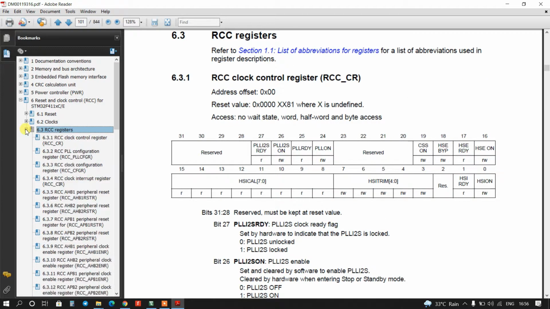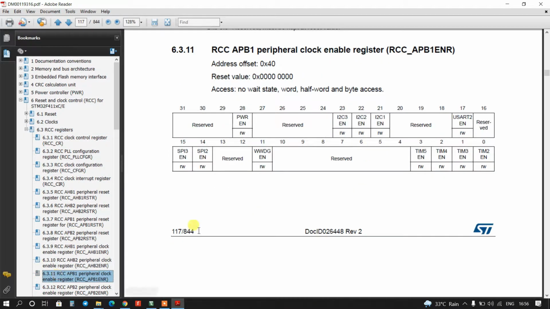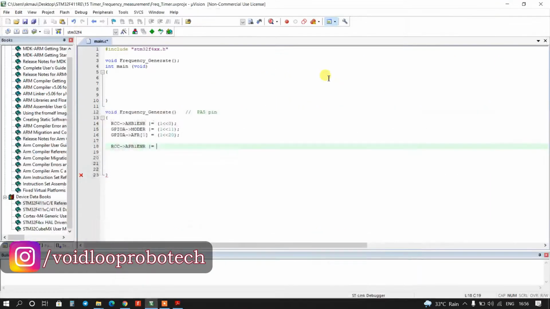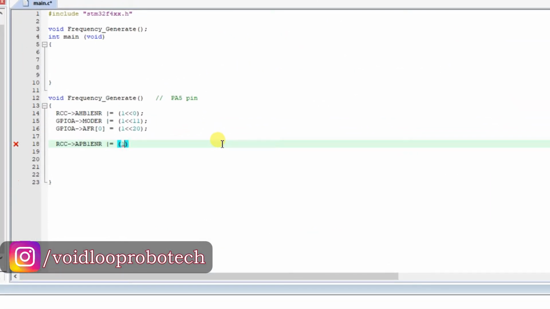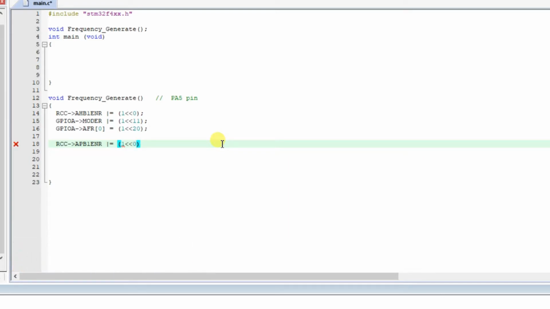Okay, and here is APB1ENR, APB enable register, right? So you can see the 0th bit is timer 2, so we have to enable this bit to enable the clock source for timer 2, right? So it is 1 left shifted by 0, right?